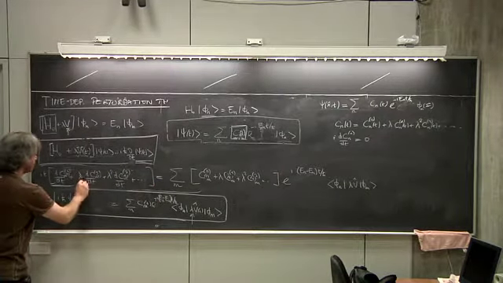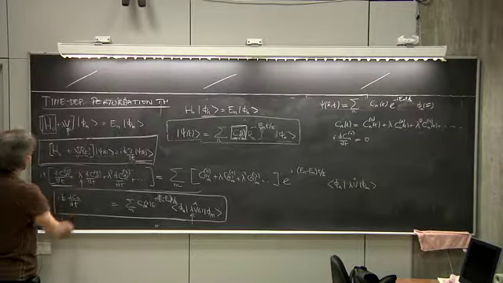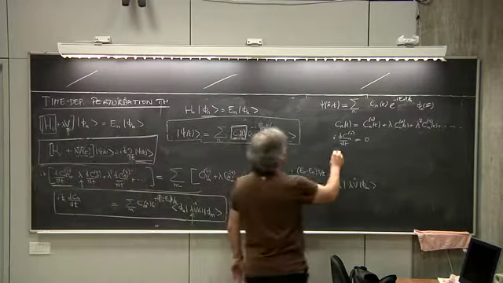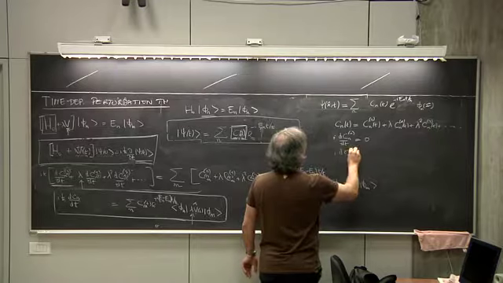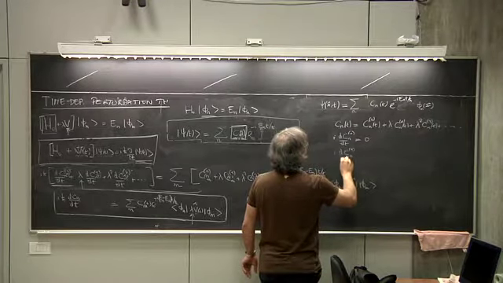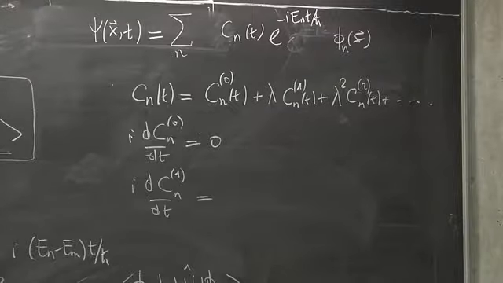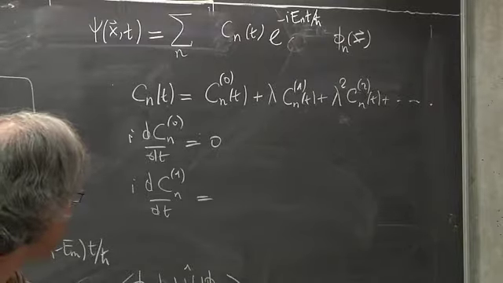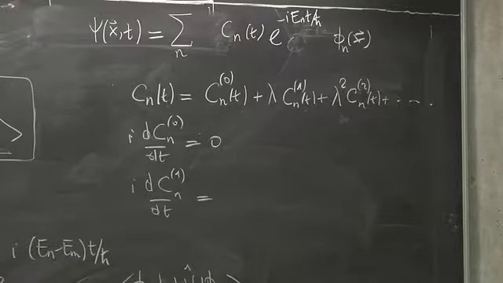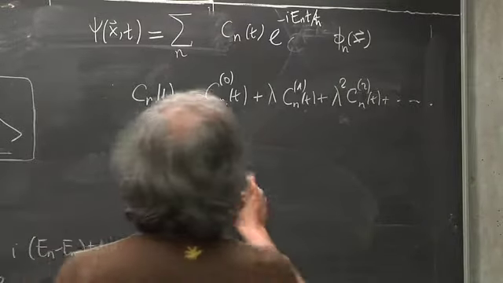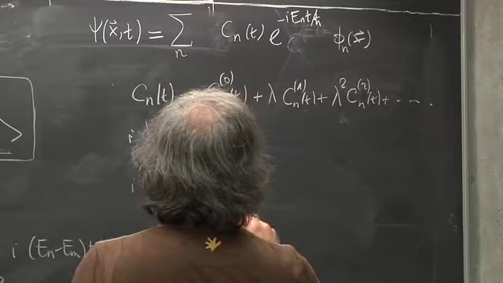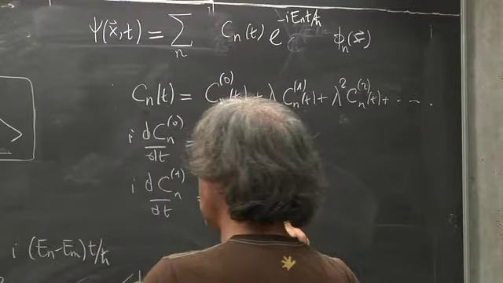First order means a single lambda. On the left-hand side, I have i times the derivative of C1, n, equal. Let's see what I have on the right-hand side, first order in lambda. You would be tempted to say this. No, this is not first order in lambda, because this is already first order. So I have to take this times C0. So I have the sum over m of this coefficient here,